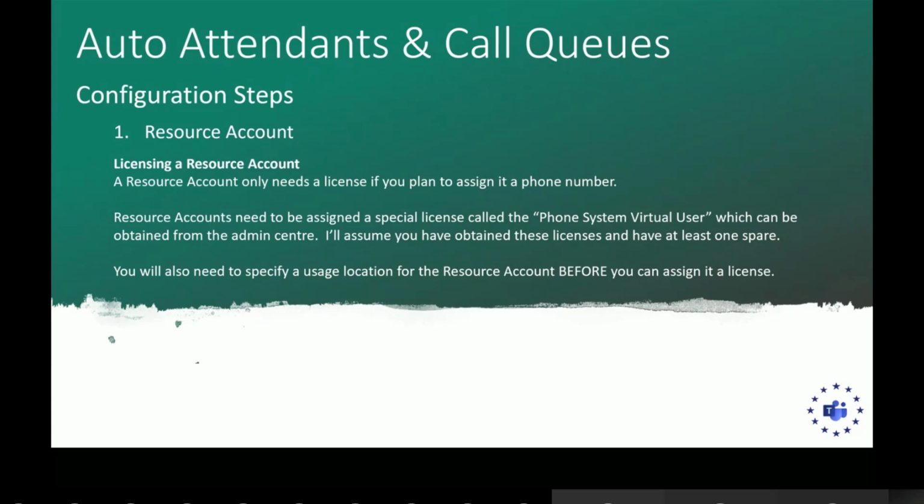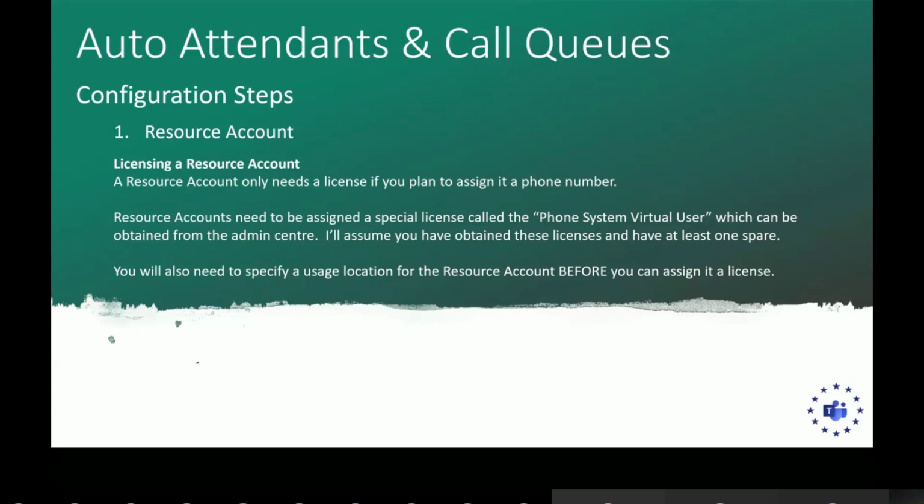It's a free license that you can obtain from the normal license store in the Office 365 portal, and it's called the Phone System Virtual User. There is some math to do with regards to how many of these virtual user licenses you're entitled to, which is available on my blog or on the Microsoft documentation. But you can obtain a bunch of numbers. I think I obtained something like 25 because that was what I was allowed to in my own personal tenant. And then you can